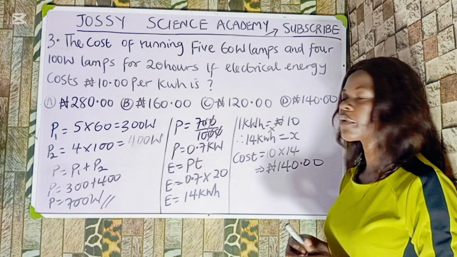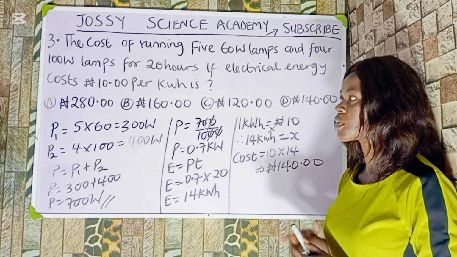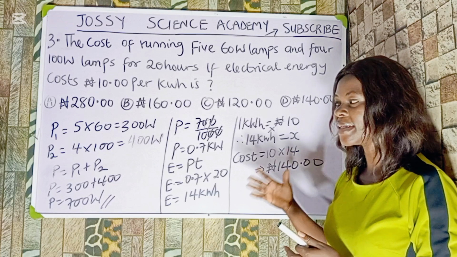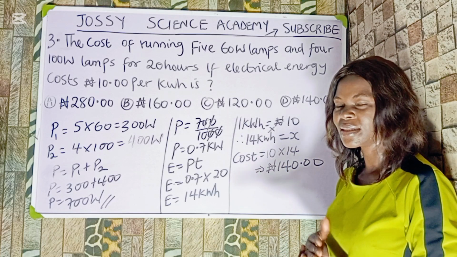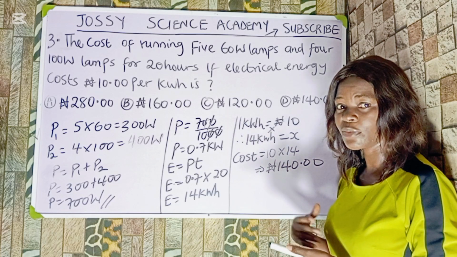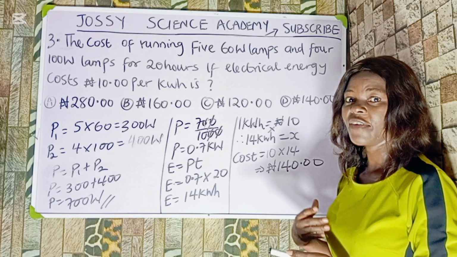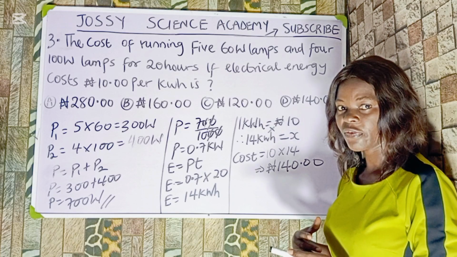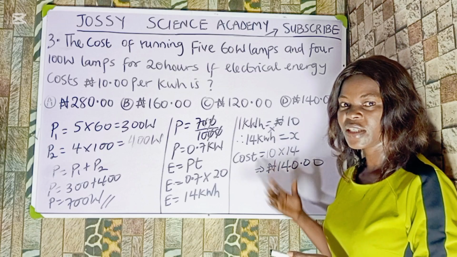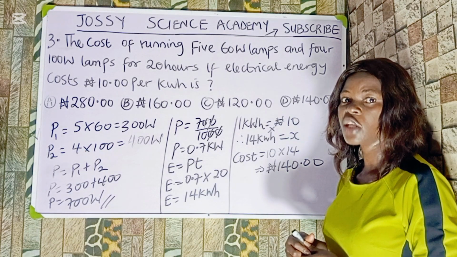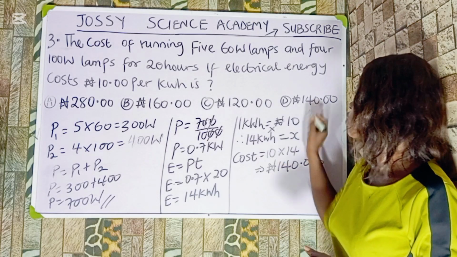Now this question is different from the one I solved previously. The reason is that we have different lamps and their powers, so we need to bring them together by adding them separately, then multiply them separately, then add them together to get the total power before converting it to kilowatts, after which we'll find our energy and relate it to the cost given to us in the question. And from what we have gotten so far, the correct option to this question is option